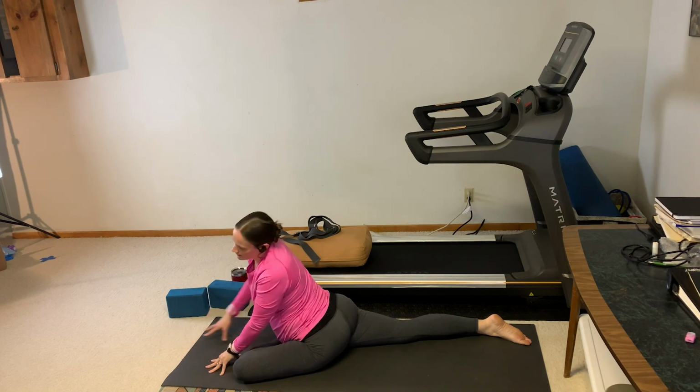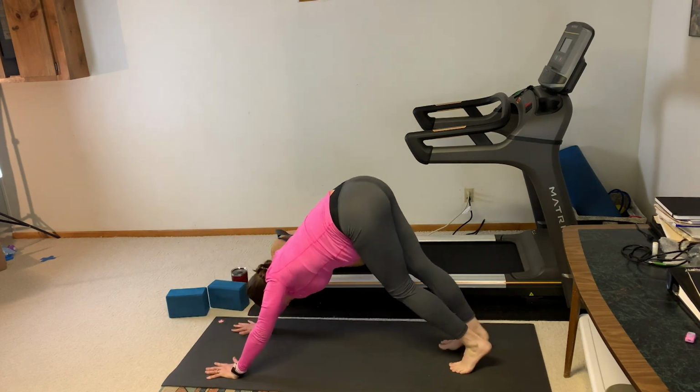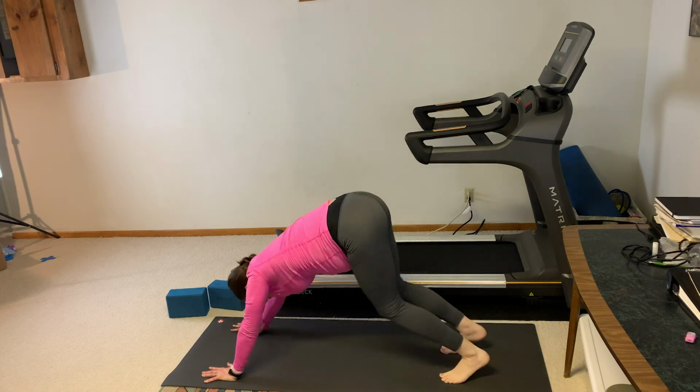Pressing up out of that pigeon, small back bend, and then unwinding from the pigeon the same way as you did on the other side. So if you took that left leg up and open, do that now. And then from here, you're going to lower down to your mat,